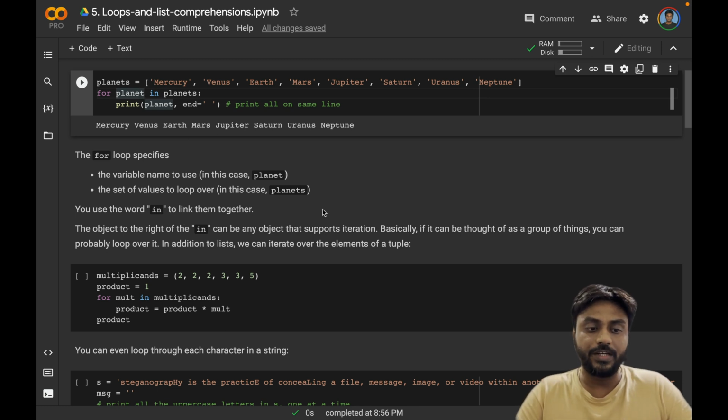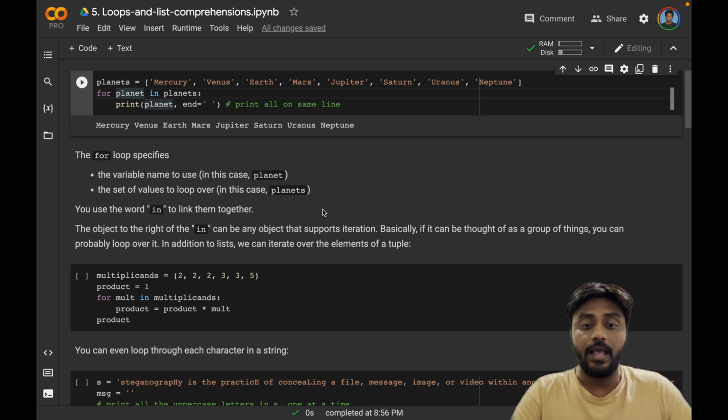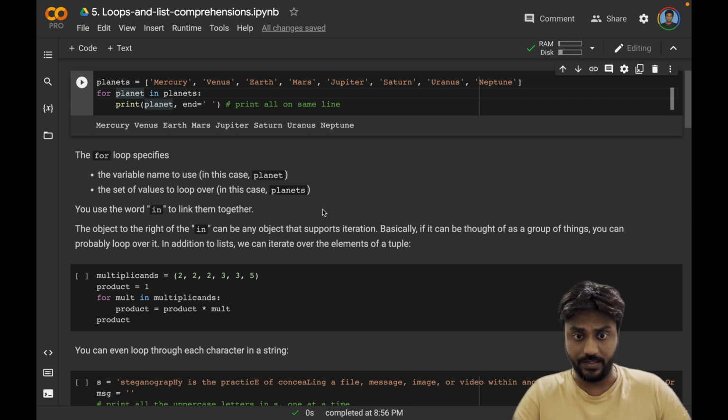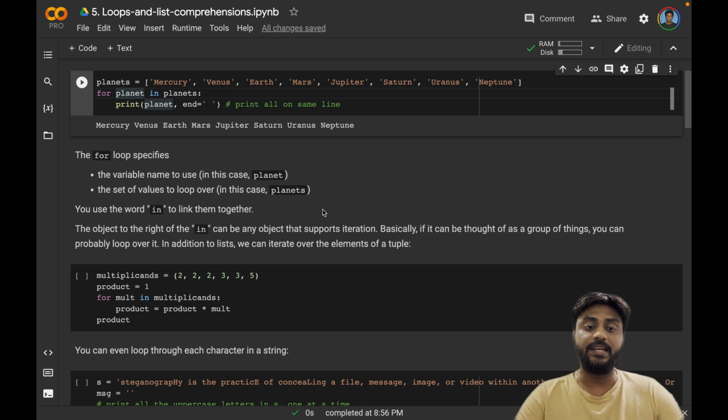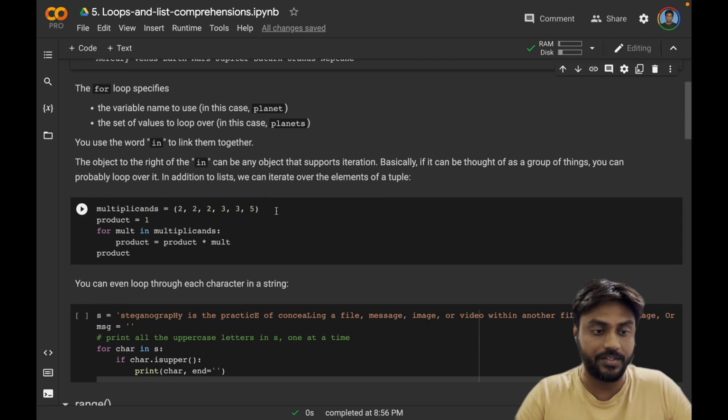So the object to the right of the in can be any object that supports the iteration, and basically it can be thought of as a group of things. You can probably loop over it, iterate over it. In addition to lists, we can iterate over the elements of a tuple. This is also a collection. So